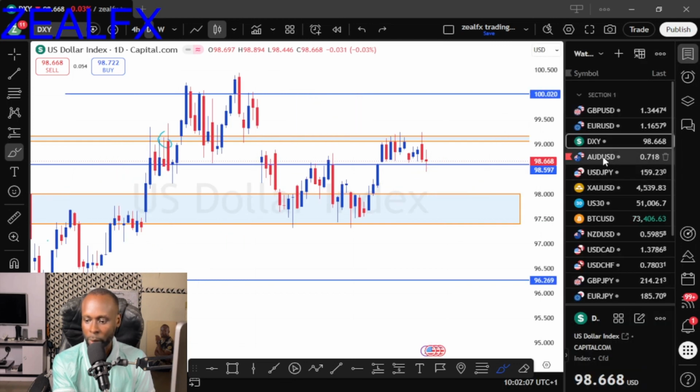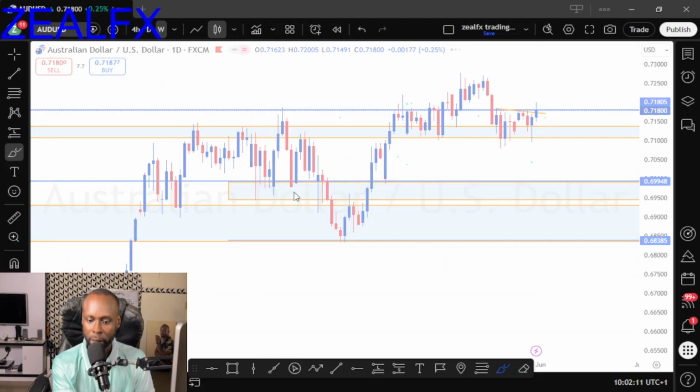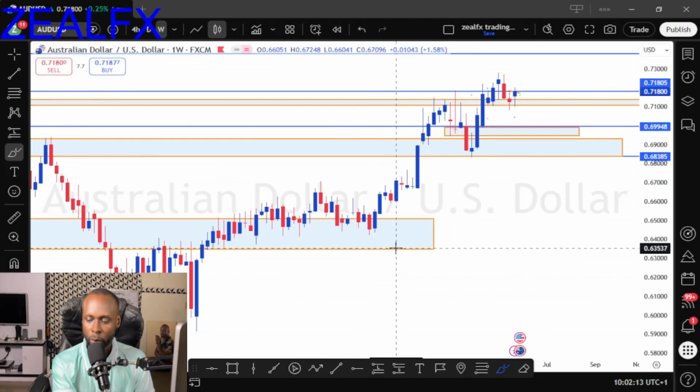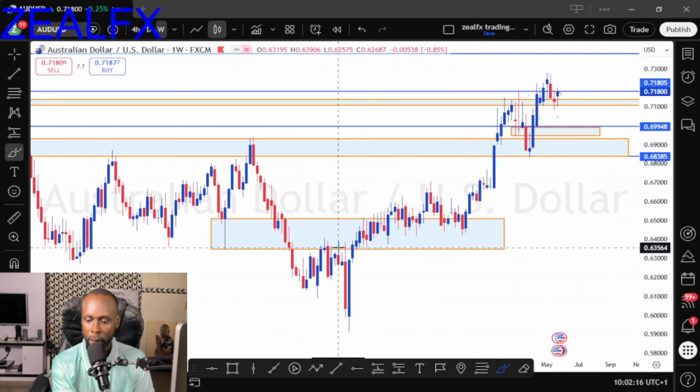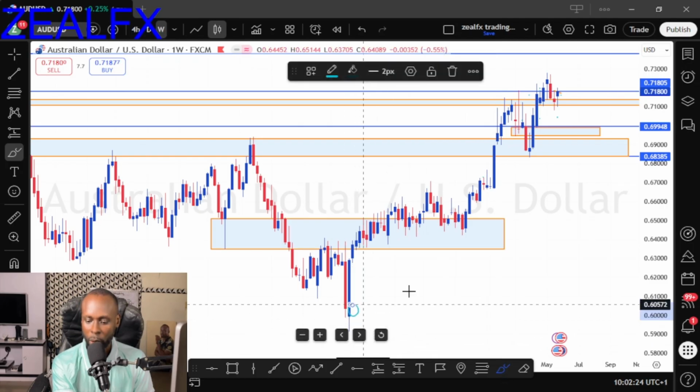Let's look at the next pair, which is the Australia USD. Let's start our analysis from the weekly time frame. So Australia USD on my weekly has one of the best setups this month. We can see we have this bullish momentum. We can see we have this lower low,